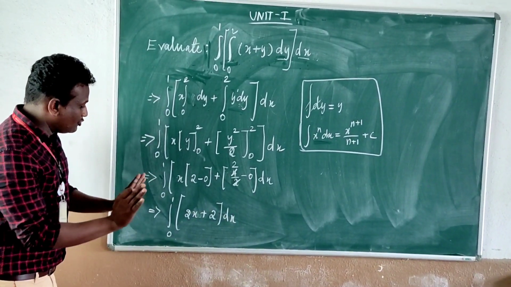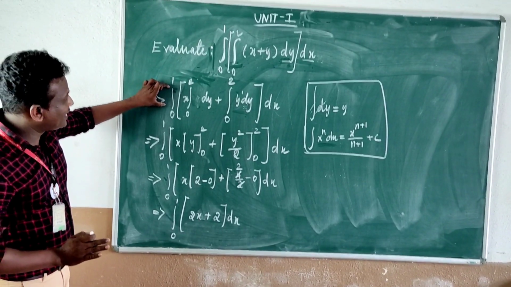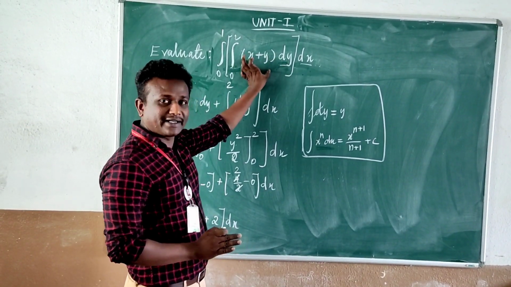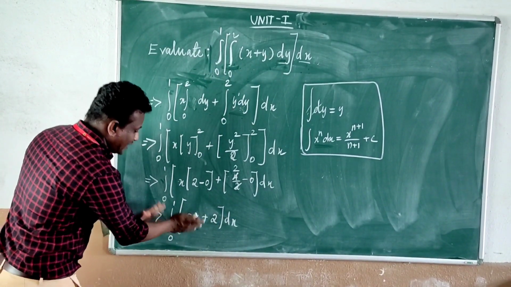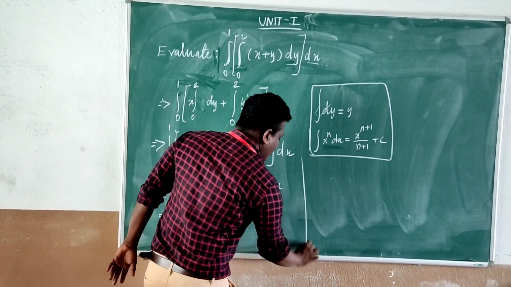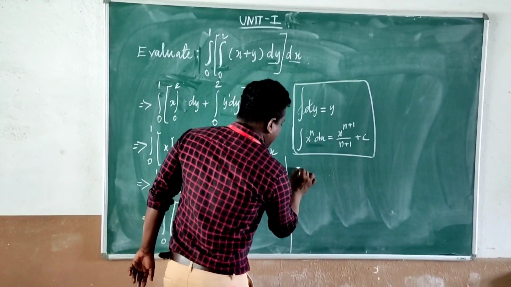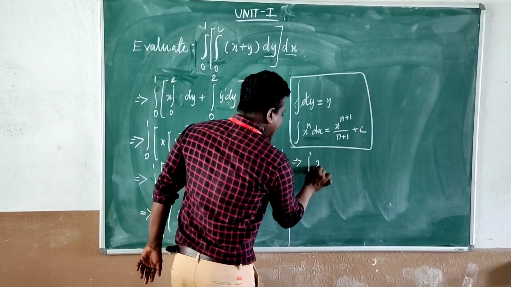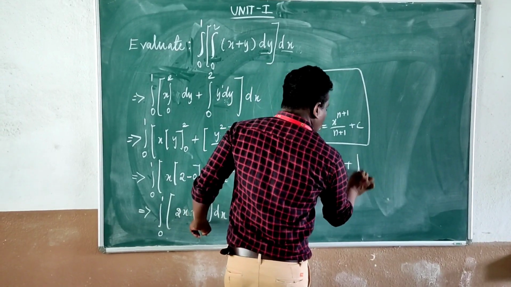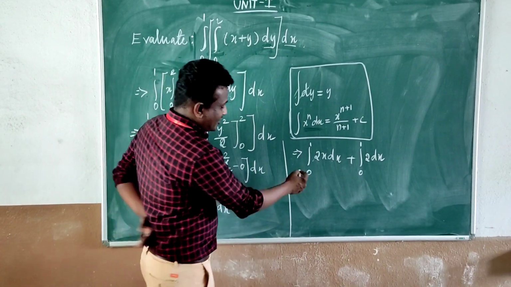What next? Again you follow the same structure which you followed here. What we did here was multiply the integral symbol and dy with the bracket term. The same thing you follow here also, so that you cannot make any mistake. To avoid mistakes, we are following step by step. Now I am going to multiply. If I multiply, I will get 0 to 1 times 2x into dx, plus 0 to 1, 2 into dx. This is my next step.